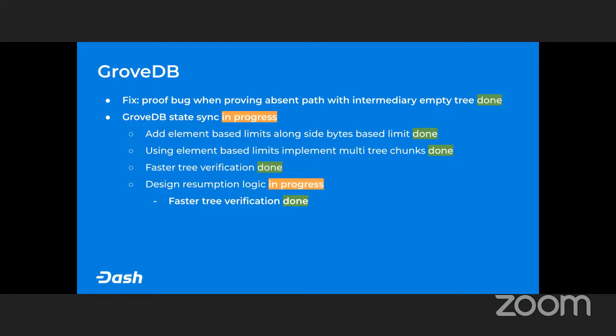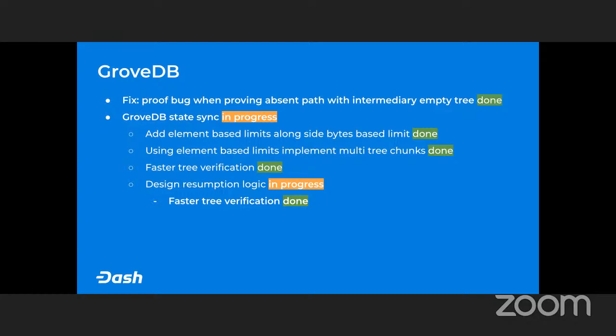So there's a duplication here, the faster tree verification, the third point, we can ignore that, and then just go to designing the resumption logic. So right now, I've been trying to design the resumption logic for a couple of days now. It's actually really difficult. Even the last problem, the multi-tree chunks, was extremely difficult also. But for the resumption logic,